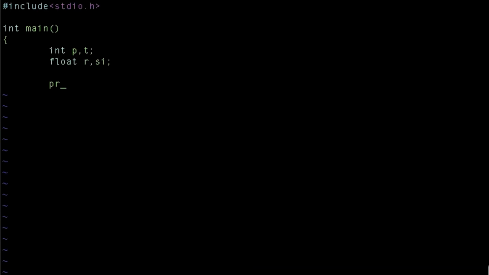So we'll write printf, enter the principal. And again, we will give it \n so that the cursor moves to a new line for the input. Now we will have scanf. If you don't remember, scanf is for taking inputs. Principal is integer type, so %d, comma, &p. Just to repeat again: percent d is because we're taking an input in the form of an integer, p is the variable name, and ampersand is because we're accepting the input, not showing the output. When you want to accept the input, we have to give this ampersand sign for sure.